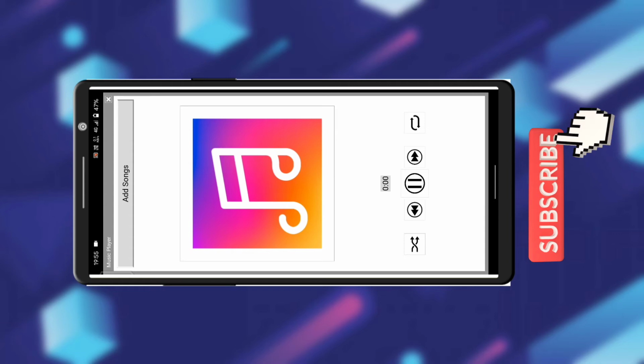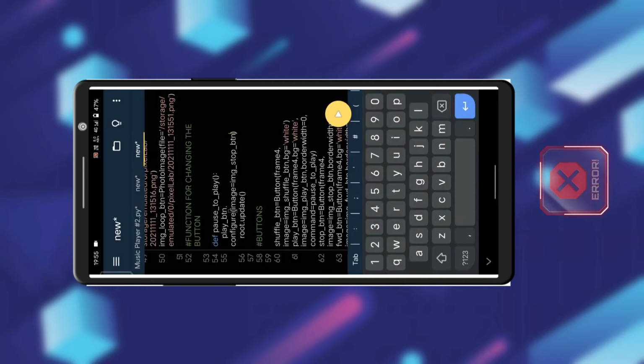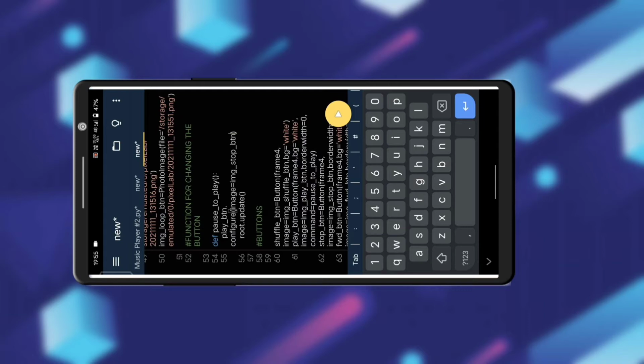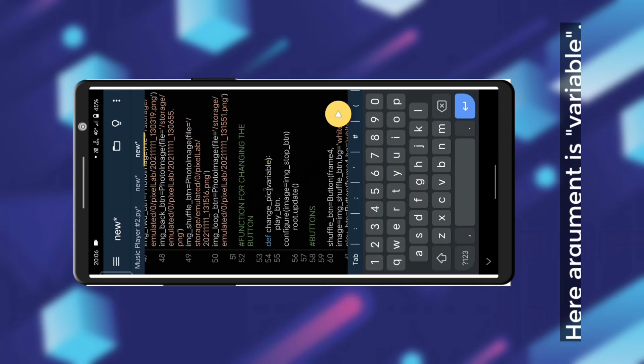Okay, as you can see, the image is changing after a touch, or you can say after a click. But the image is changing only once. We have to add some concept like a loop inside it to make it work infinitely. So guys, let's write some code for this purpose, but before that I think we have to change the name of our definition to change underscore pick. This is more reliable or convenient.